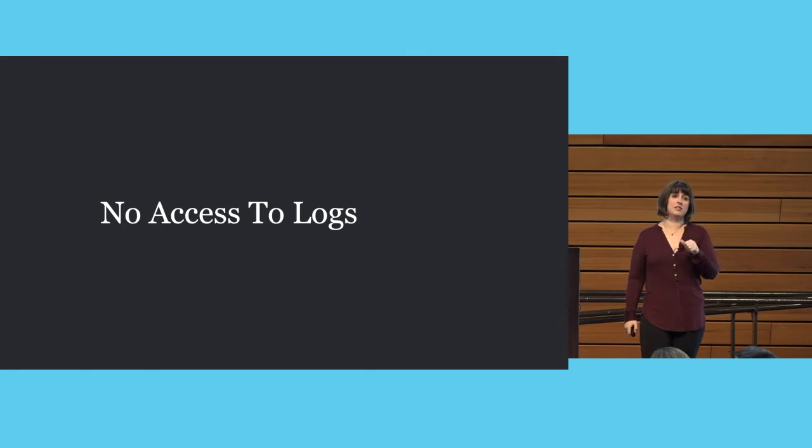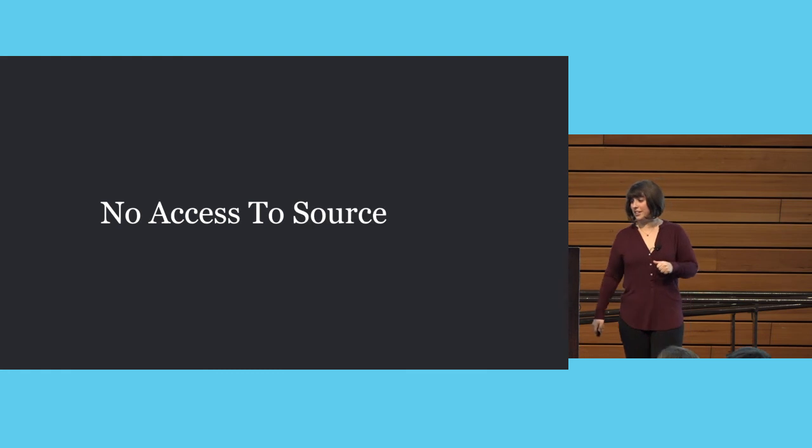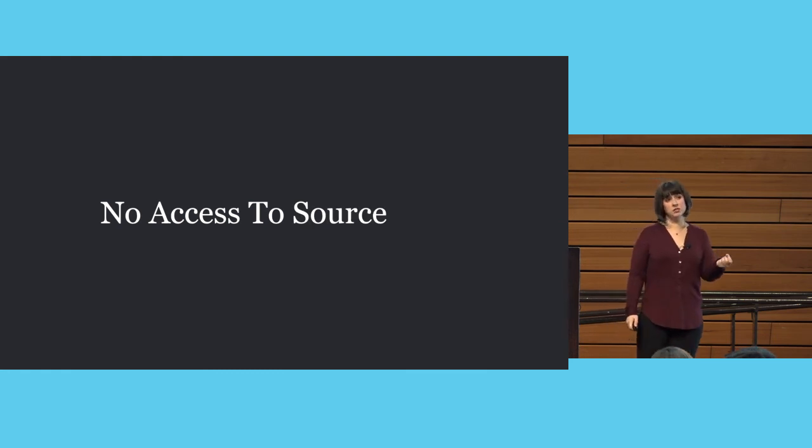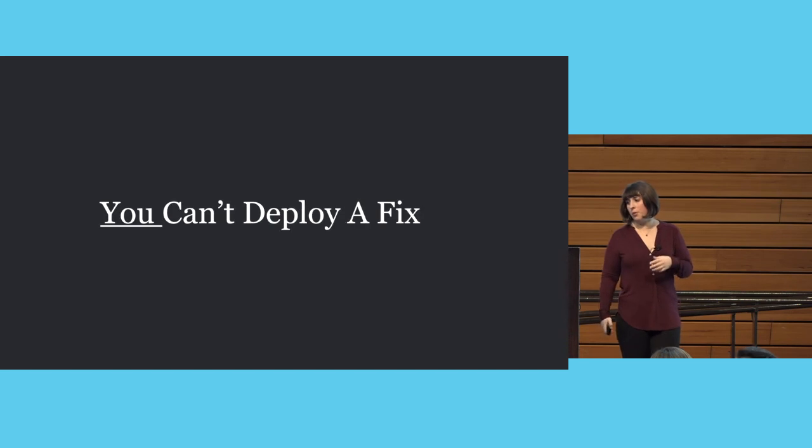So if you don't have access to logs, you have an external system, because you can't actually try and figure out what's going on. If you don't have access to logs, you probably also don't have SSH access anyway, so hence logging is important. If you don't have access to source, again, external system, because you can't look at the code and see if it's throwing an exception when this one condition happens. You can't do that.